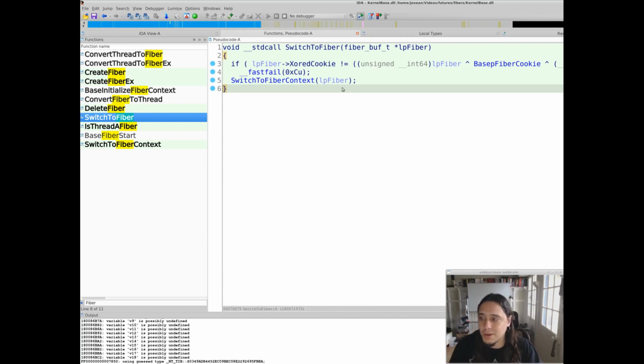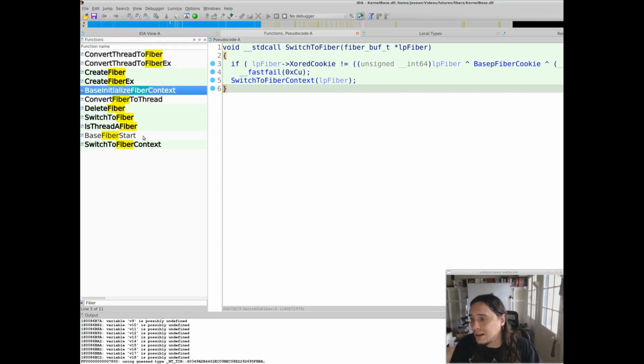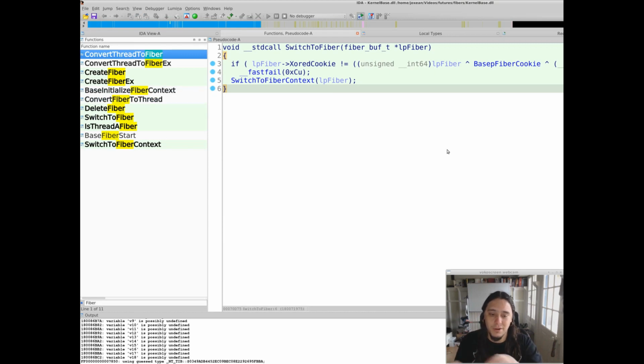And then we also have convert thread to fiber. So we do the opposite. Instead of taking a current fiber and creating a thread for it, we take a thread and convert it to a fiber. I'm not very sure about why, but well,